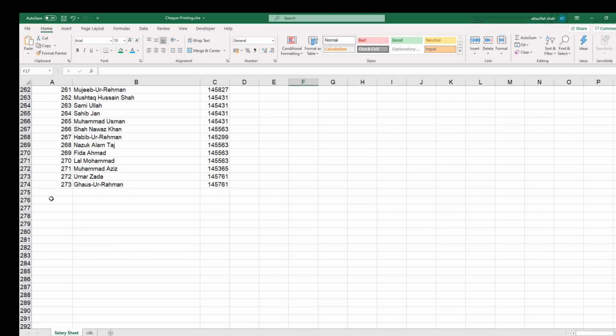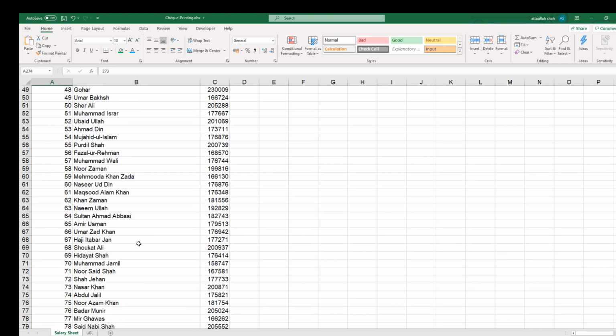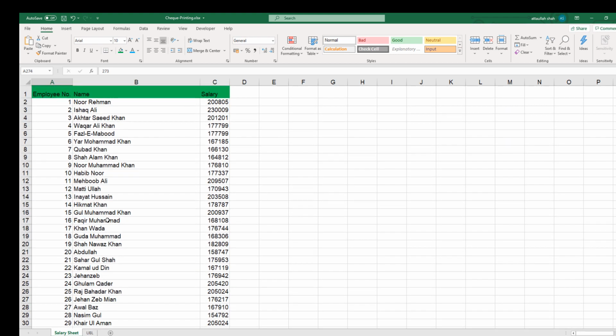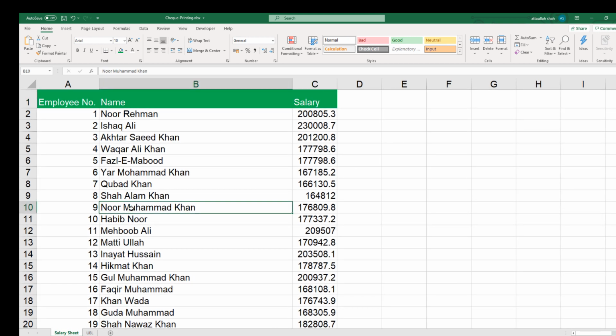So let's say we have lots of employees. We have 273 employees, and we calculate their salaries in one Excel sheet. Each employee has a registration number, employee number, name of the employee, and salary of the employee.